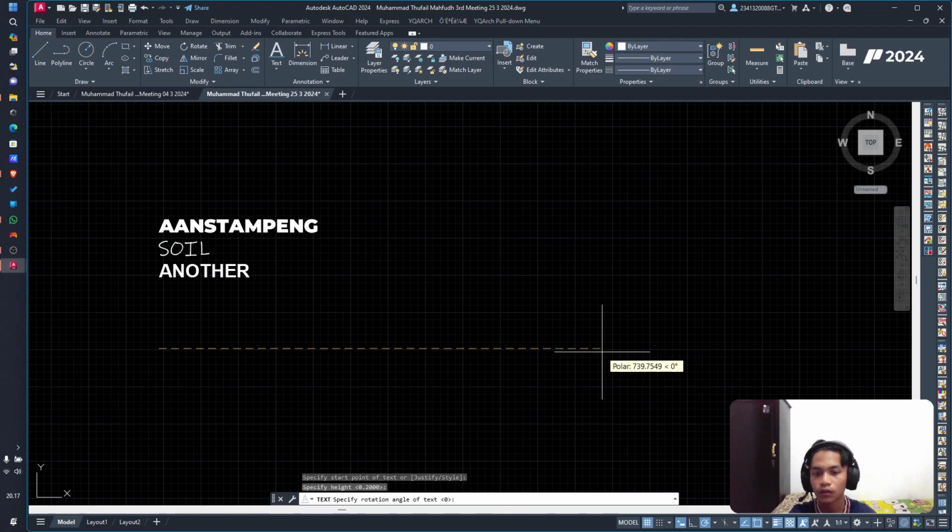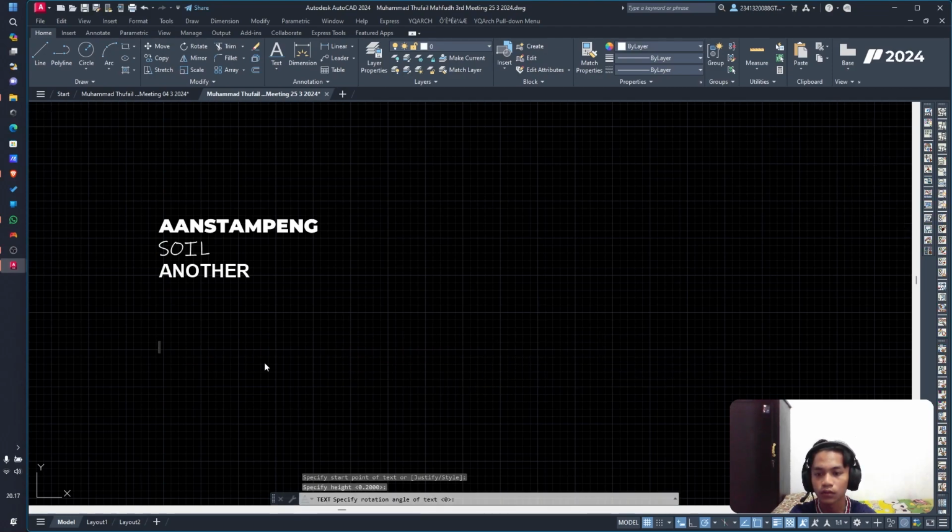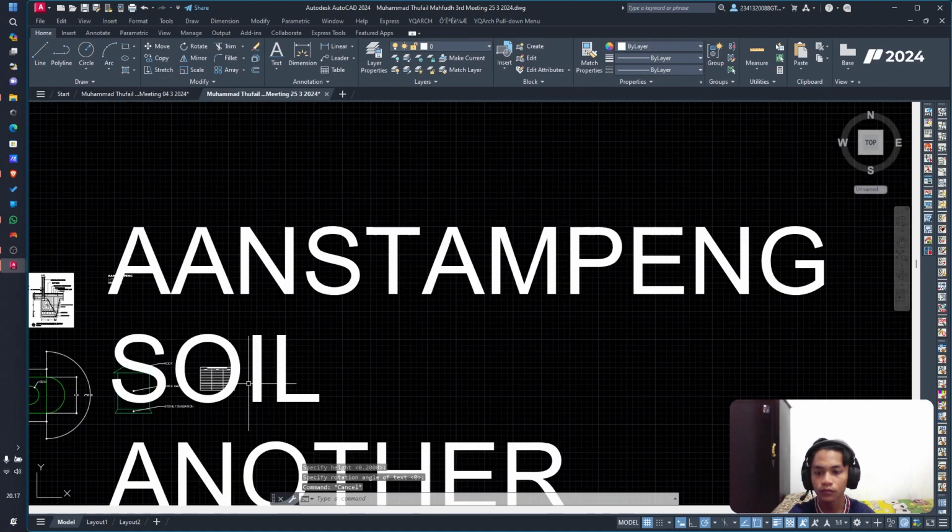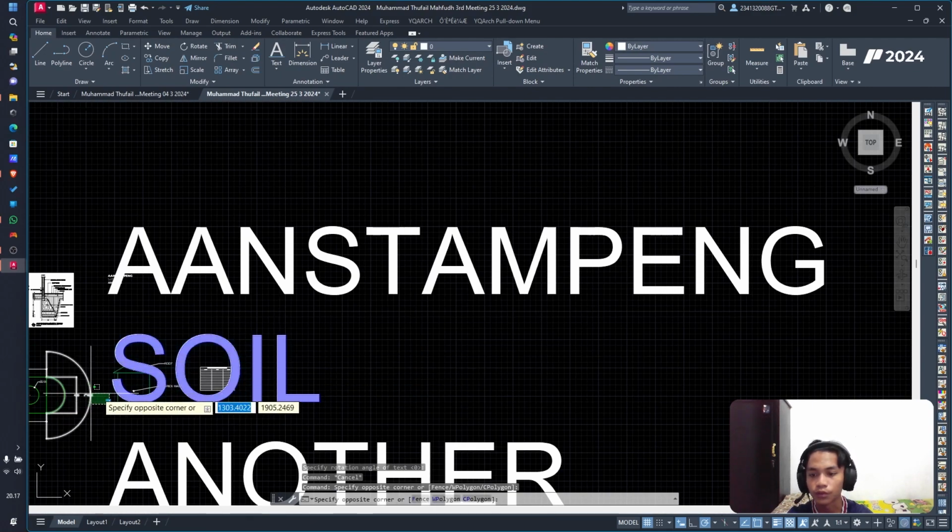This one. Okay, the unstampen, soil, and another. So you can click outside if you're done. Okay, so the text will be separate if you use single line text,